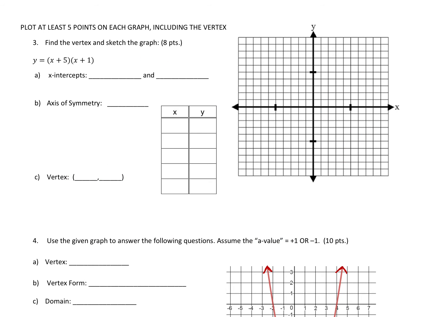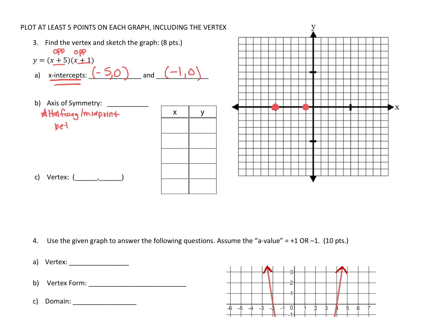The third question on our quiz was in intercept form. And so it tells us the x-intercepts, and again, when we have something in parentheses, it's always the opposite. So my x-intercepts are going to be at -5 and -1. And I'm going to plot those right away because those are going to help me find the axis of symmetry. So -5, -1. And my axis of symmetry is always halfway, or the midpoint,